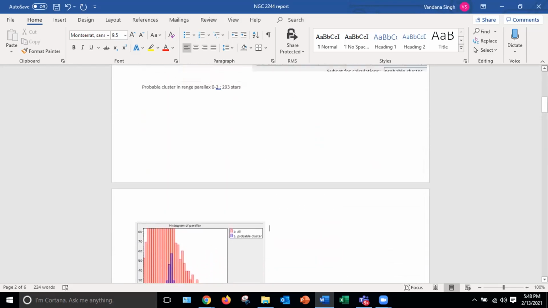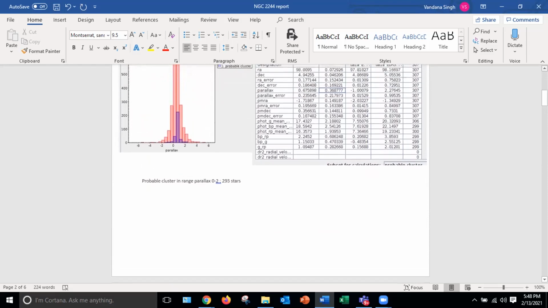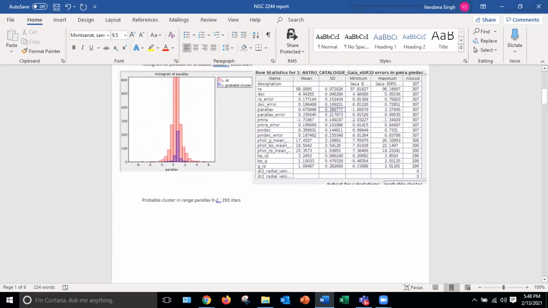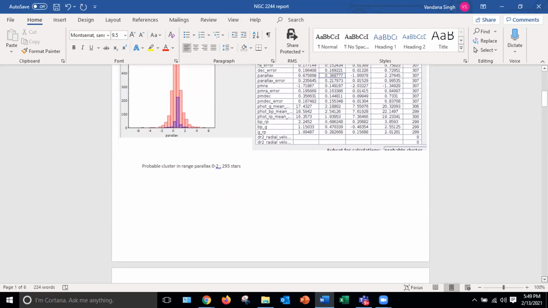It's fine. I can see it. Actually, I have not done that, but one can even do a Gaussian fit, for example for the parallax, if you want to better estimate the peak. Yeah, I was going to try. There's an option in TopCat for a Gaussian fit. Yes, and you can try that out also.